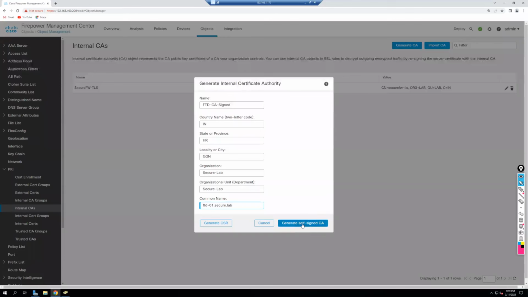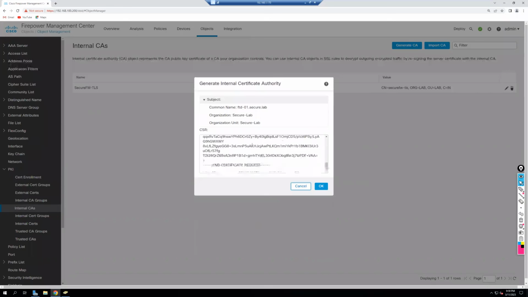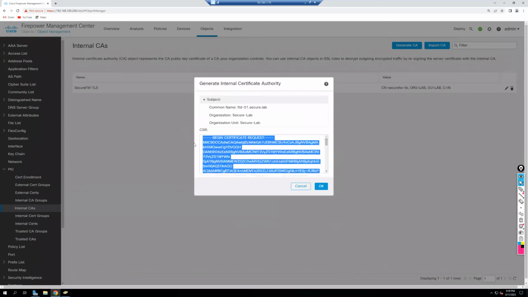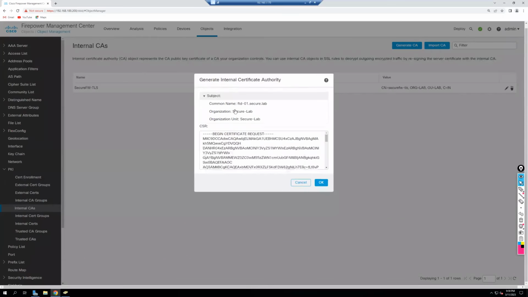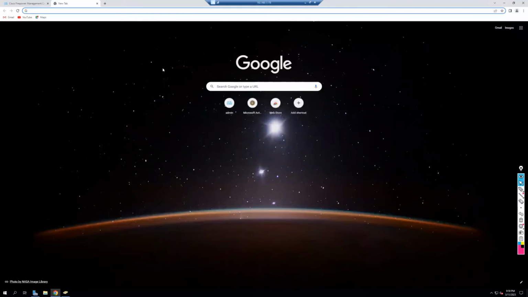Okay. Now, previously we did a generate self-signed CA. Now we want to generate a CSR, a certificate signing request. Okay, so this is our request. Here's our subject at the top. I'm going to copy this, and we're going to go. We're going to open our